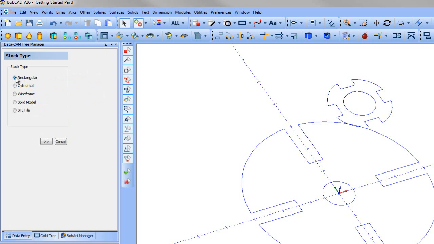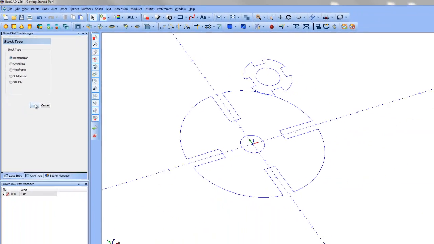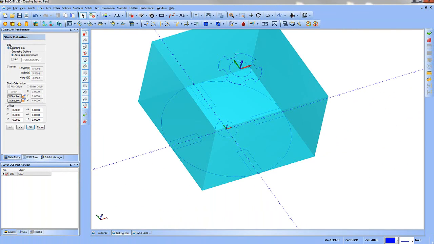In the stock wizard, we have rectangular stock that we can choose, cylindrical. You can pick wireframe and actually get the wireframe stock, or we can pick the solid model if we have one, or an STL file if you have one. So we're going to just go with rectangular, hit next, and I'm just going to let BobCAD figure out what size I'm going to need. So I say enter, and it looks like it's